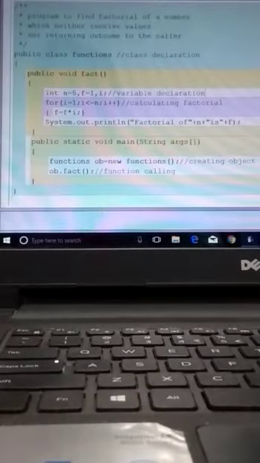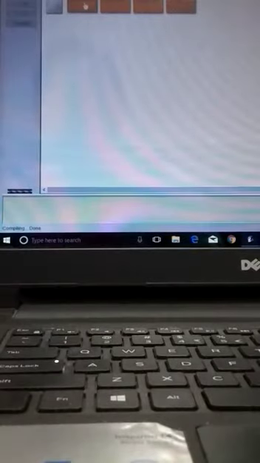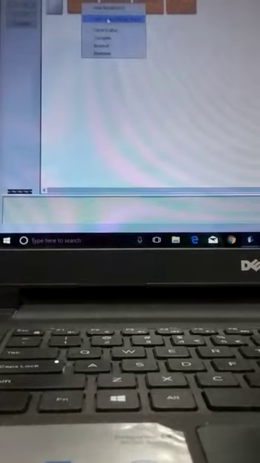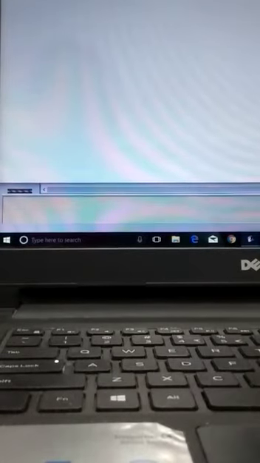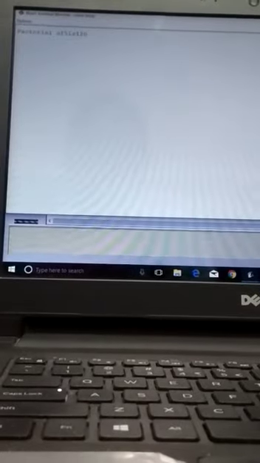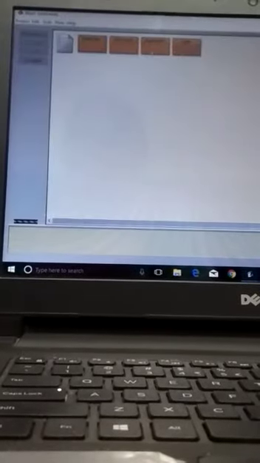Let us see when we compile this. See, there is no syntax error. So we have closed this, and when we right click on this and then click on void main string args, a window will be displayed. Press the OK button. After pressing the OK button, you will see over here it displays factorial of 5 is 120. Since we have already initialized n equals to 5, it is printing the answer over here. Factorial of 5 is 120. Hope you have understood this.